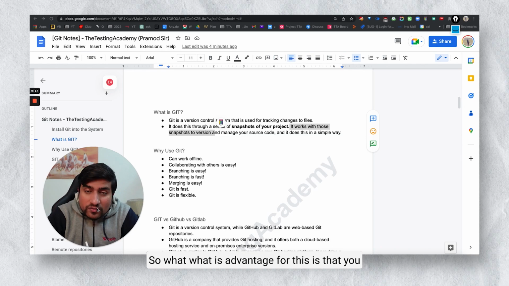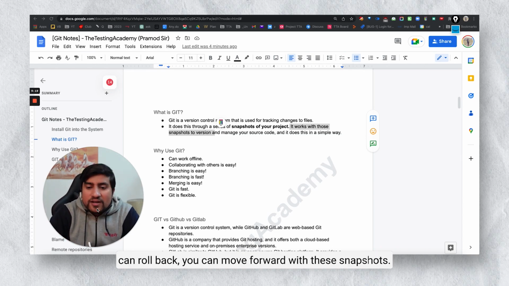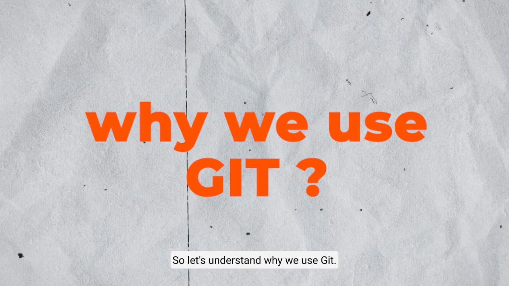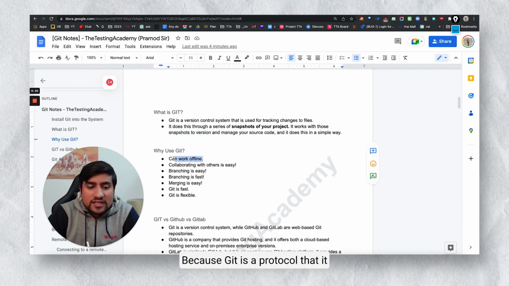So the advantage of this is that you can roll back, you can move forward with these snapshots. This is the super amazing thing of Git, right? So let's understand why we use Git, because Git is a protocol that can work offline also,